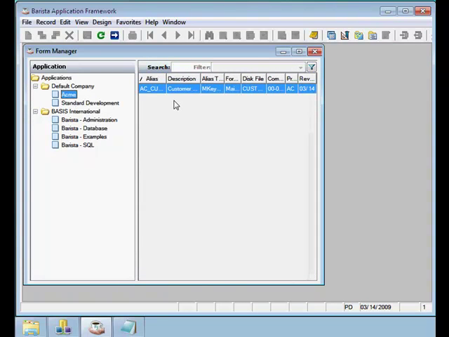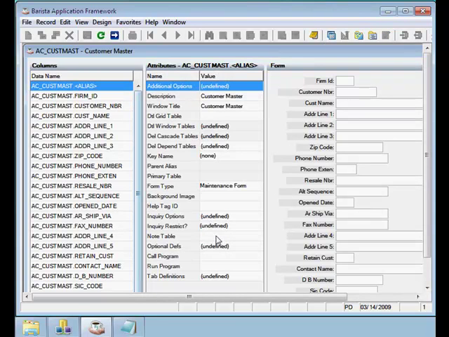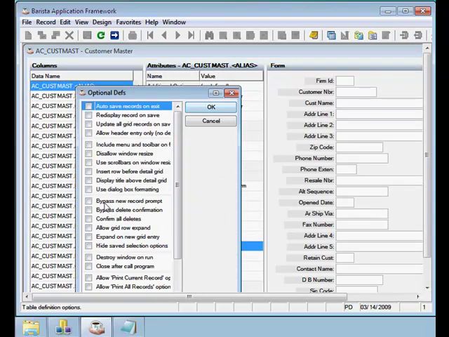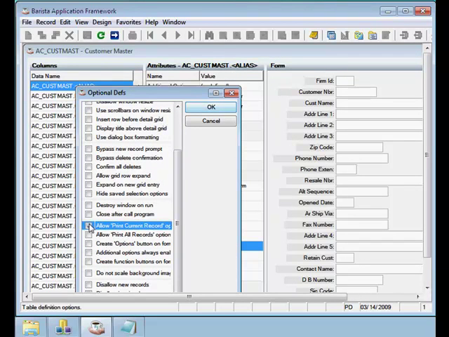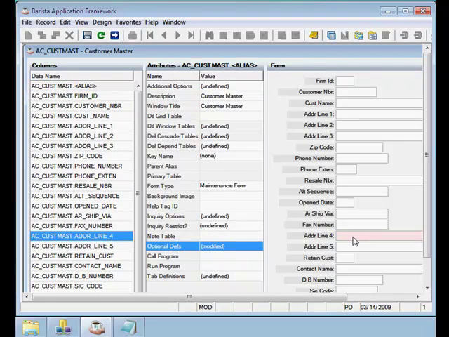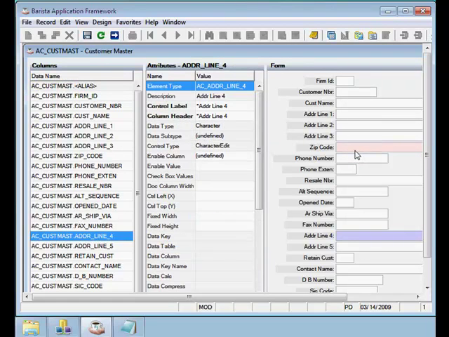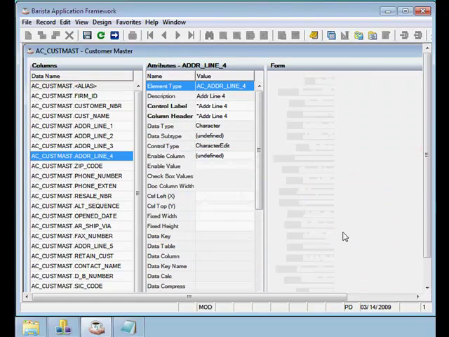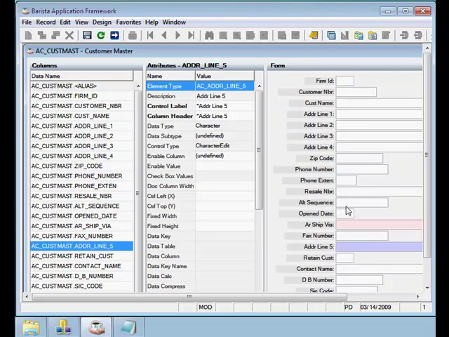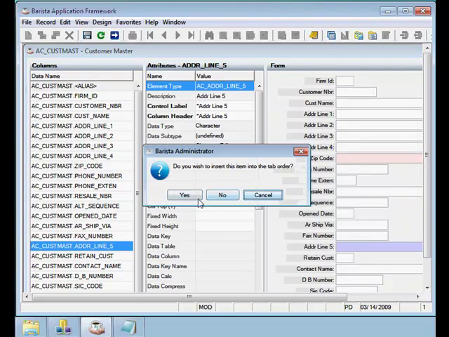We'll select the Acme company and select the custmast alias definition. Now, one of the things we want to do is also produce some printed output, so let's go to the options and check on a couple of boxes to allow printing of the current record and for all records. Let's also rearrange some of the layout of this form. So we'll put all the address information together,